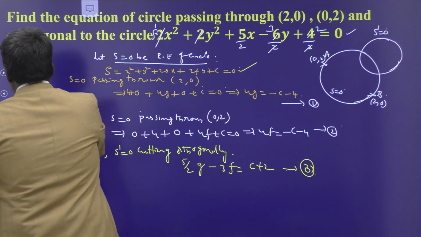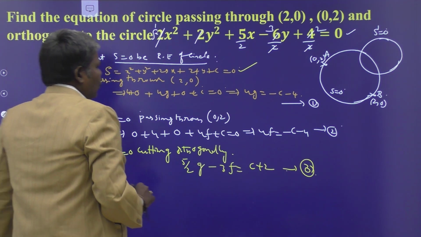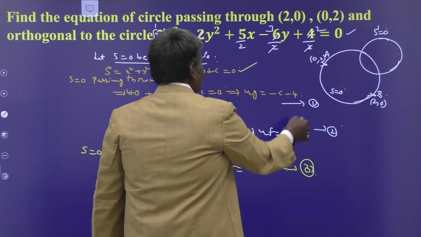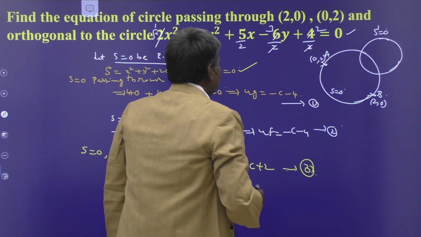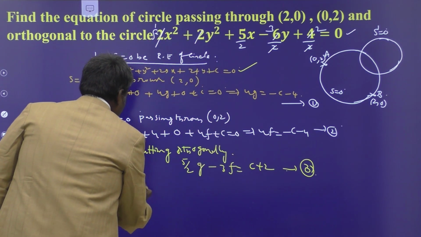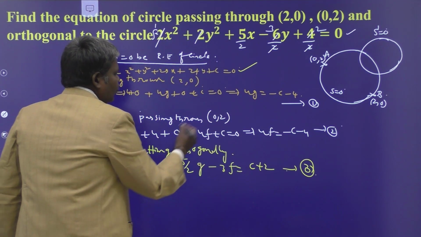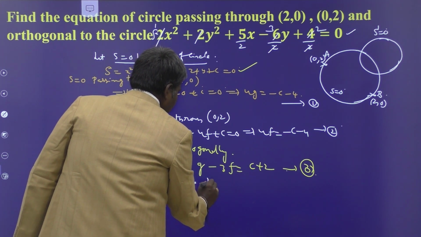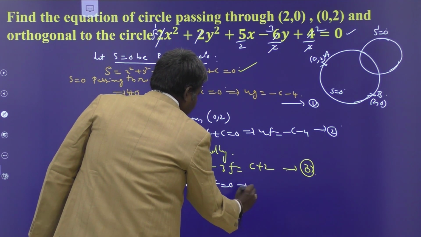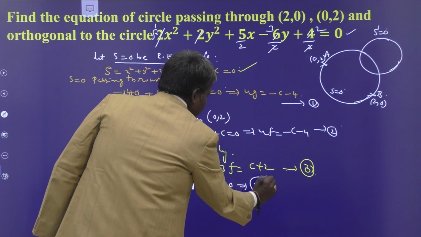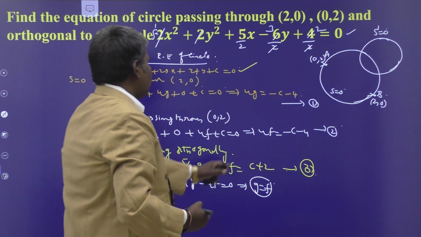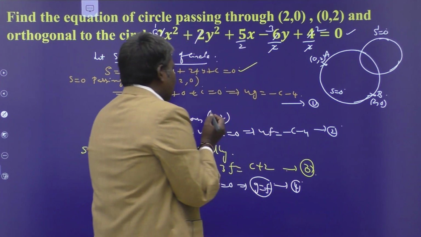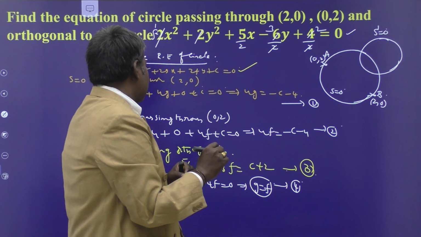Okay. How to solve these equations? Now, by looking at the first and second equations itself, by subtracting 2 from 1, we get g - f = 0. Am I correct or not? 1 minus 2 implies 4g - 4f = 0, implies g = f we obtain. So g = f is the fourth condition, obtained from the first 2 equations.